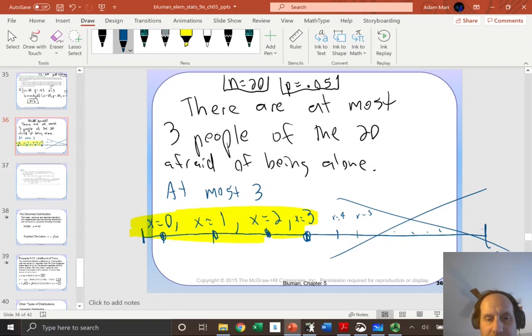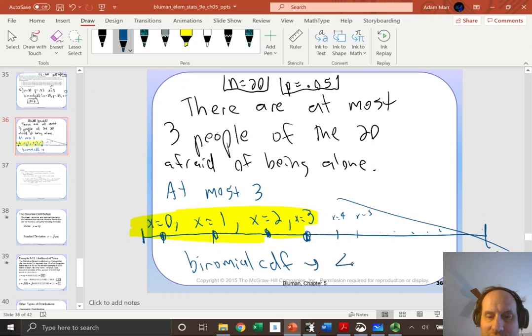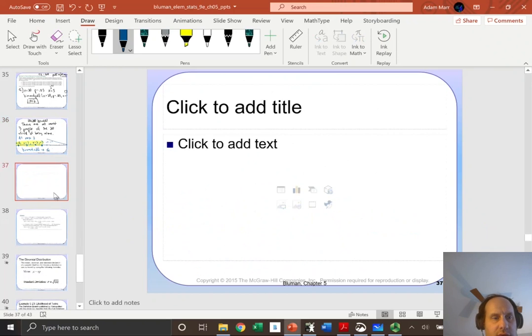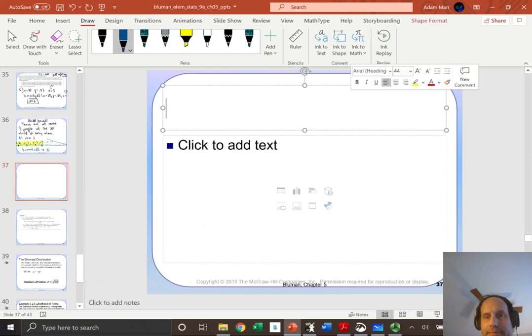But a better way of doing this is something called binomial CDF. We use CDF when we're doing a problem that's less than or equal to. So in this case, the easiest way to do it is we would actually say right here,